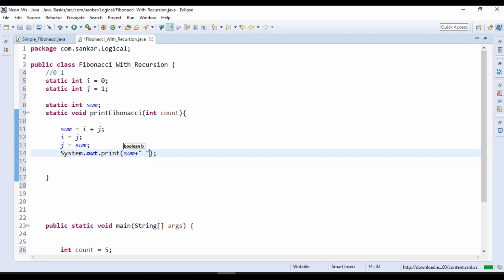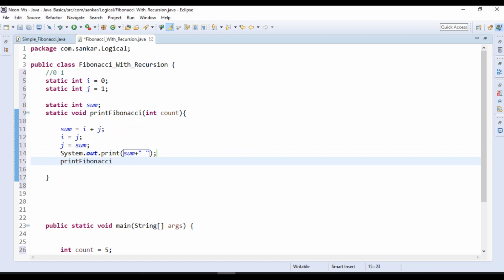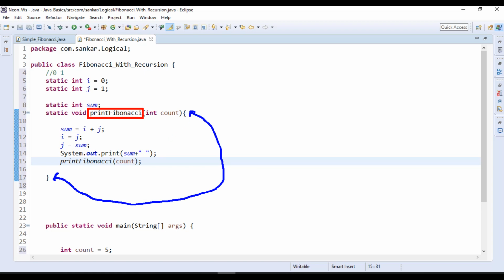At the start of the video itself I told you that in this program we will follow recursion. So tell me, what is recursion? Recursion is a method or function that calls itself. Again I am telling, a method or function that calls itself is known as a recursive method. This is the method name, right? Starting and ending, this whole body we can say is one method.